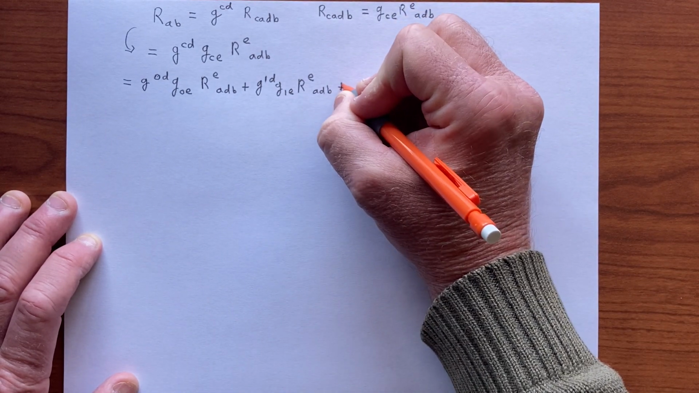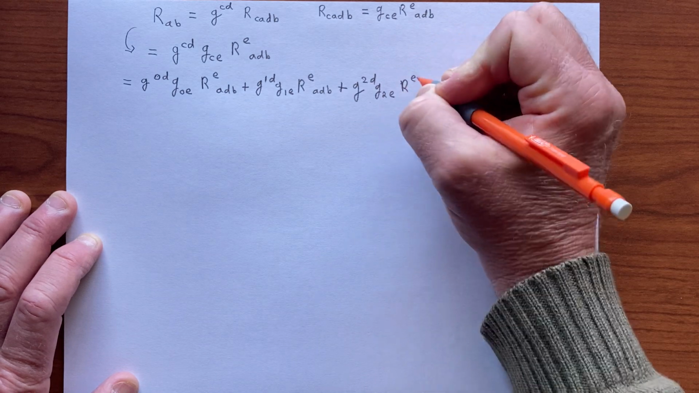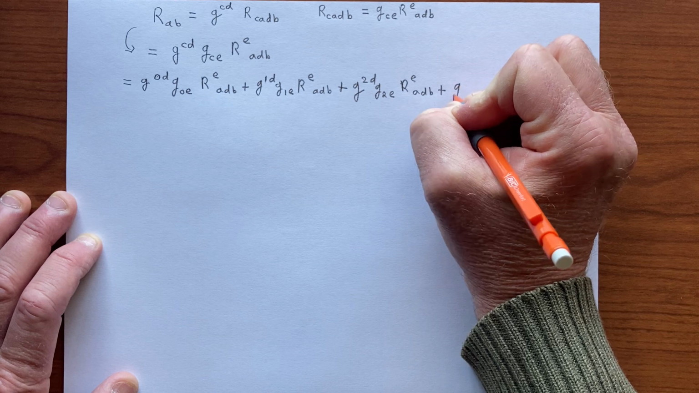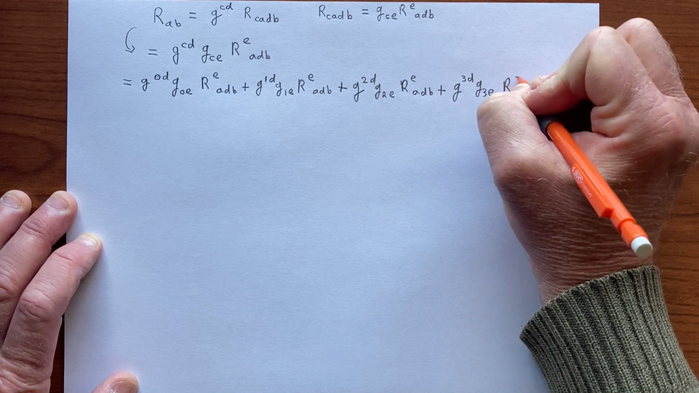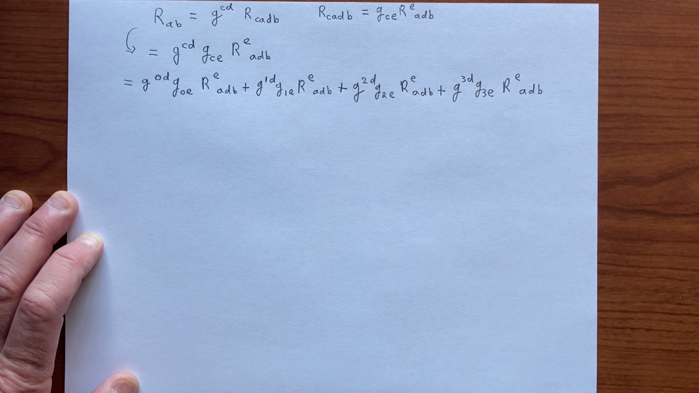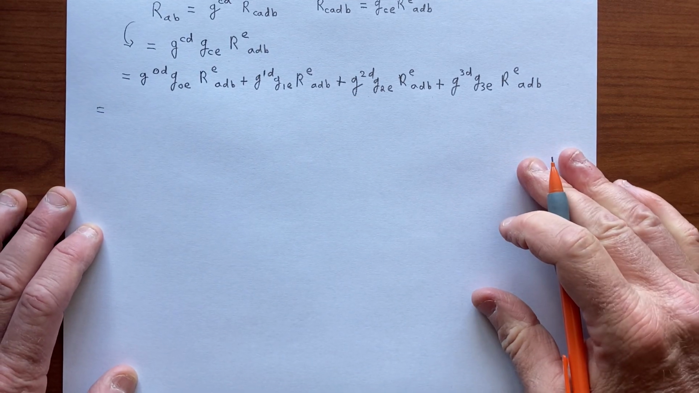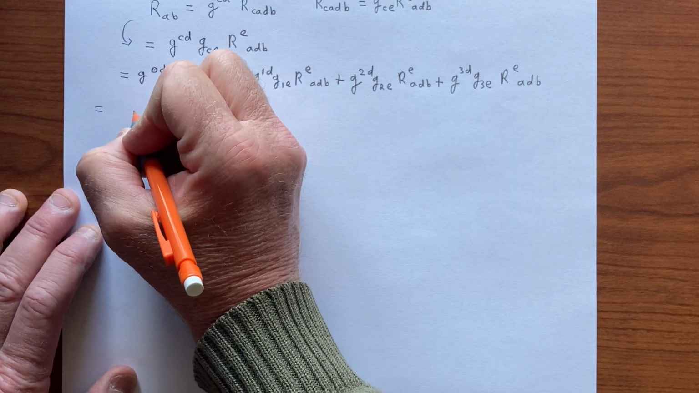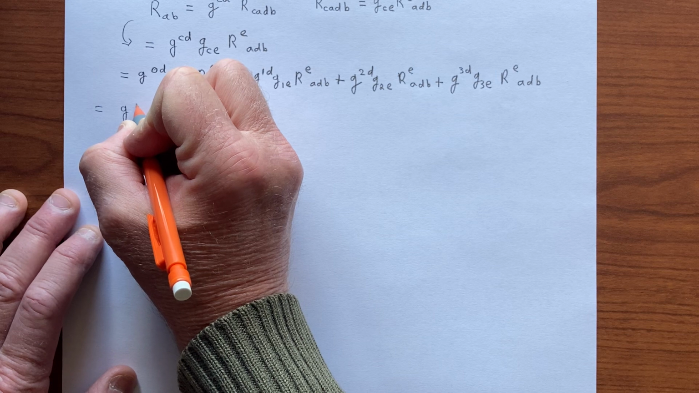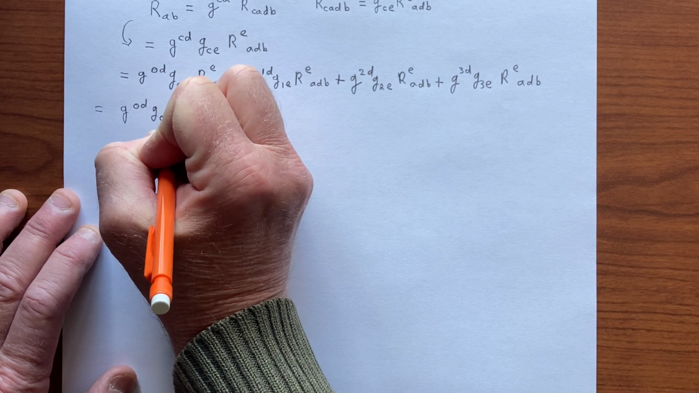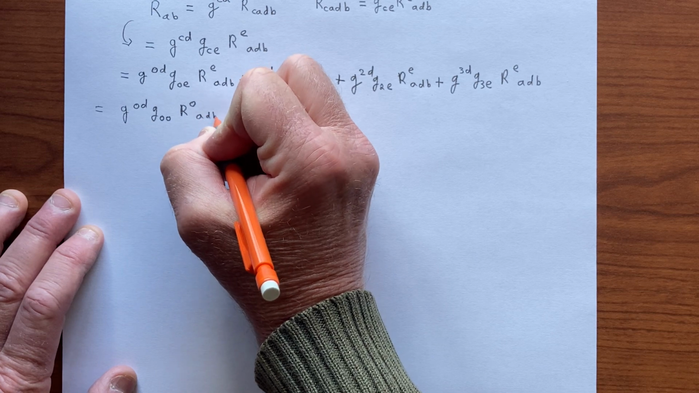Well, in principle, we need to do this up to 3. Let's just go through it for practice. Plus G^{3D} G_{3E} R^E_{ADB}. So this is equal to, now we can start summing on E, so we get G^{0D} G_{00} R^0_{ADB},